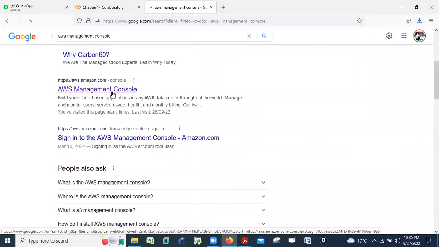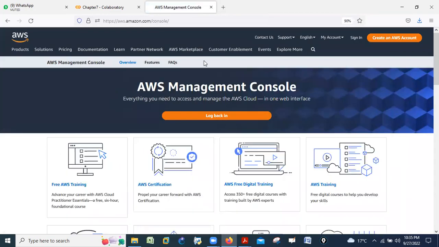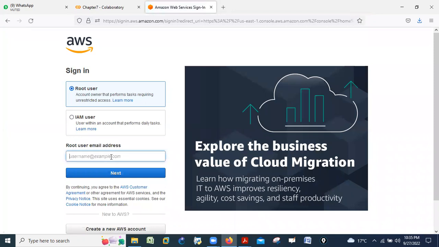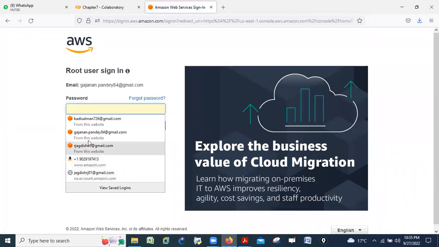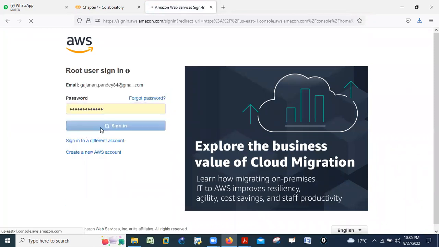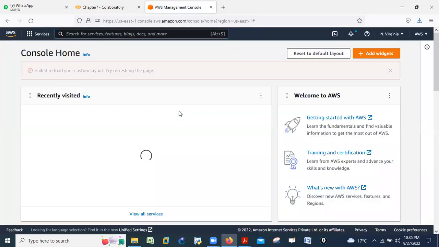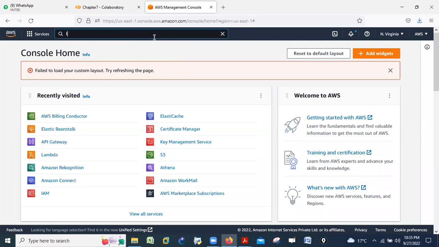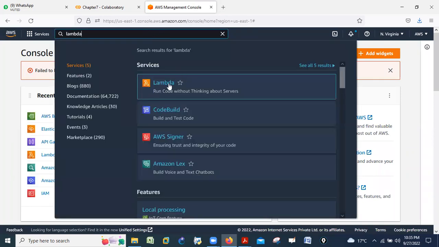The people who know about cloud technology already know that Lambda is part of cloud, and Lambda is part of networking nowadays, and it is also part of, I can say, Python. So if I go here and say, can you please show me the Lambda? You can see